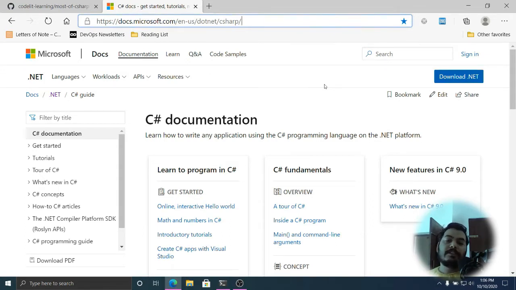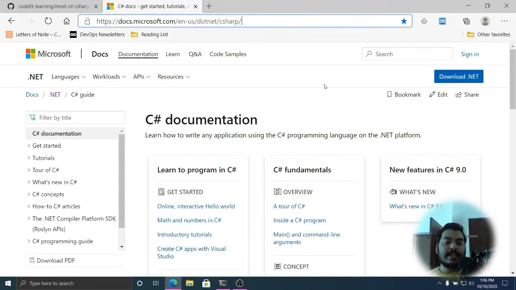So the way I have structured this series or tutorial is in a way that even if you are an experienced developer, you will not feel bored, and if you are someone who is learning to code, you will not feel that you need to know advanced resources in order to understand what is going on in this particular tutorial.